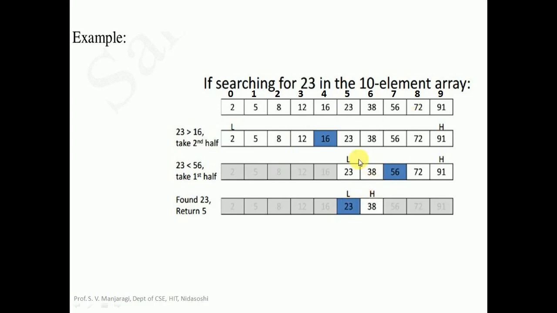So the middle element is 23 and its index is 5. And let us compare the key with the middle element. The key is 23, it matches with the middle element here. So then we say that the search is successful and its index is 5, and we need to print its position. The position will be one more than its index. So that is 6. For the 23, the position is 6 here. 1, 2, 3, 4, 5, 6. We print that the element 23 is found at position 6 or at index 5.